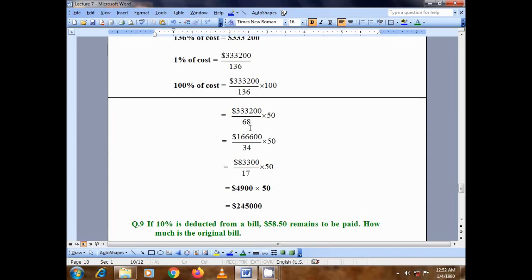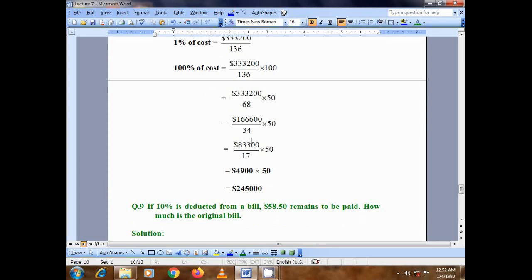The remaining zeros will be written as it is, which means if you divide this quantity 3,33,200 by 2, the quotient will be 1,66,600. Divided by 2 times 3, 6, and 2 times 4, 8. Multiplied by 50 as it is. Now further, let's divide this numerator and denominator by 2. Their quotients will be